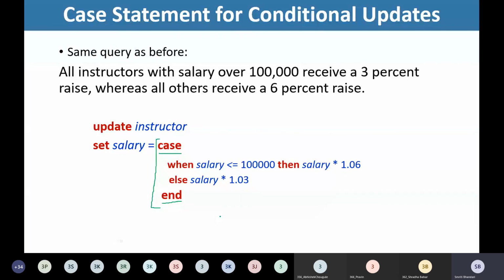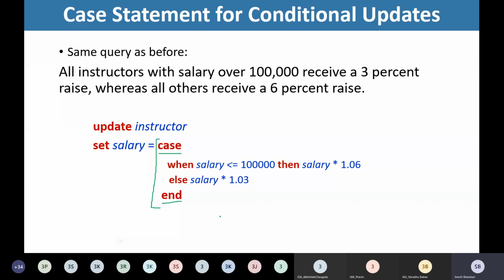I want you to practically do it for your database. Unless and until you practice, it will not be possible for you to clear the concepts.